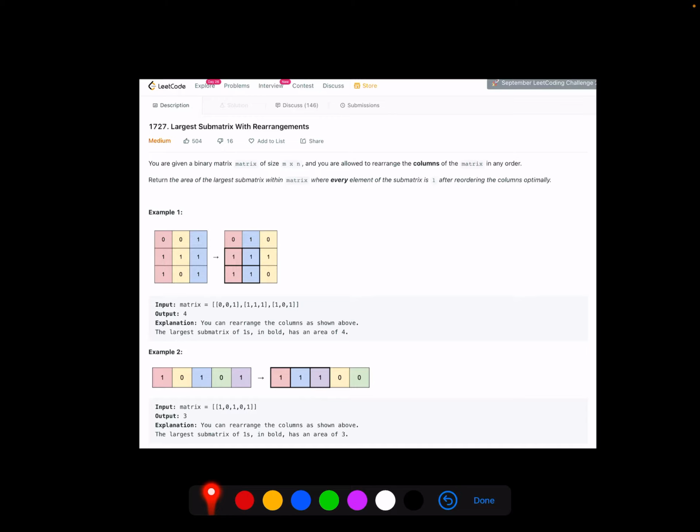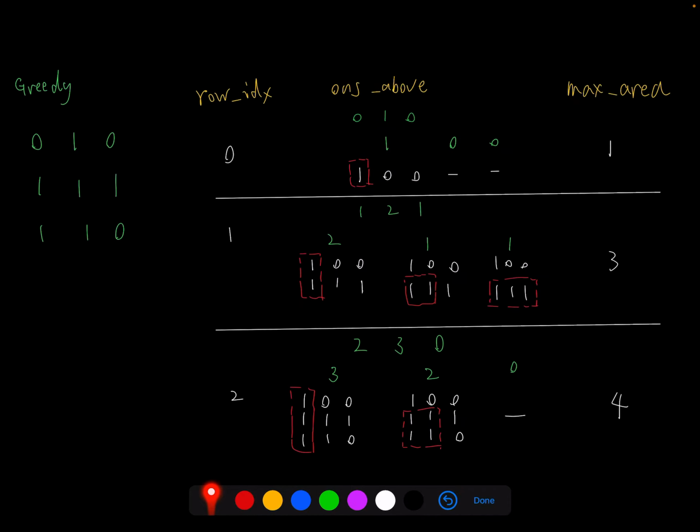Next, let's go to the solution. I call this solution a greedy idea, or maybe it also uses some kind of simulation of how we swap the columns. Here is the solution. We are going to iterate row by row,